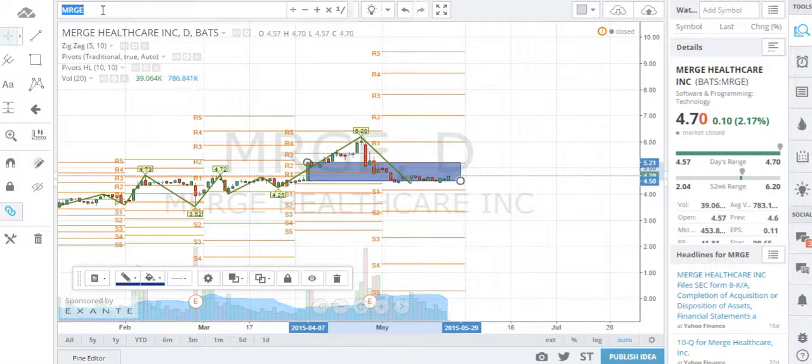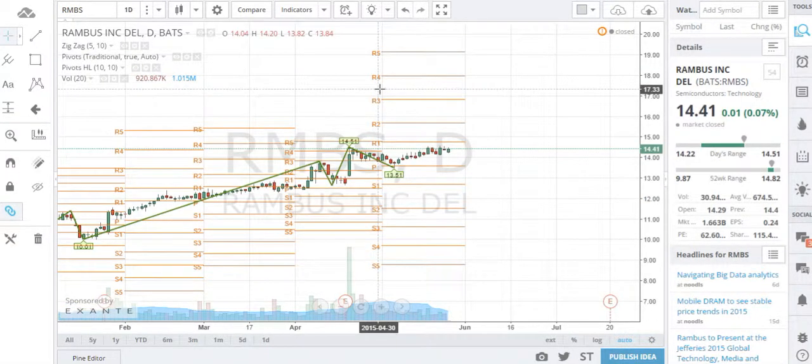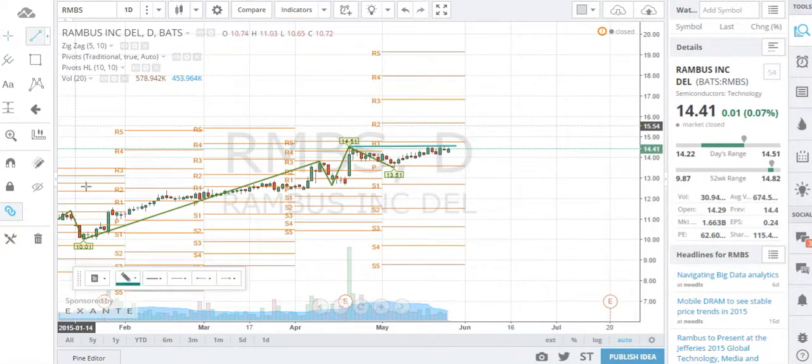But moving on to our MBS. This is one I'm actually losing a little bit of patience with. I expected this to break 451 by now. It did exactly what I said it would, where it went to the middle of the breakout candle here, bounced off of that level and continued higher. But for the time being, it keeps bouncing against this level of resistance, which basically tells us there's a big seller here, or sellers. Granted, the chart is definitely bullish, but